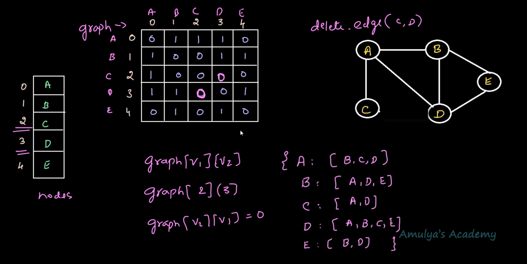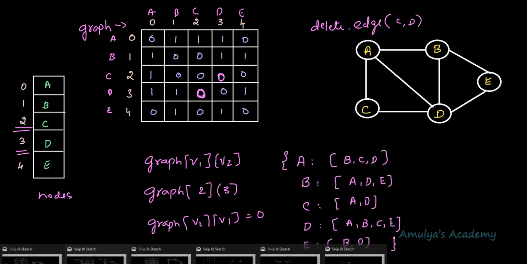Okay, so this is about the adjacency matrix representation. In the adjacency list representation, when I delete C to D, you need to go to C here. In the list you need to delete D, and you need to go to D next, because we deleted the edge between C and D. That's why you need to change the value of C and D. Here you need to delete C. In the list we need to delete C. This is about undirected unweighted graph.